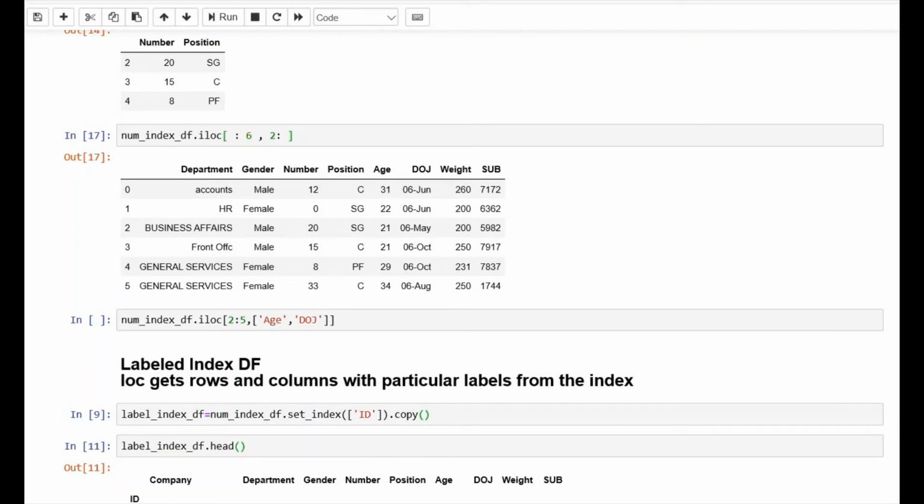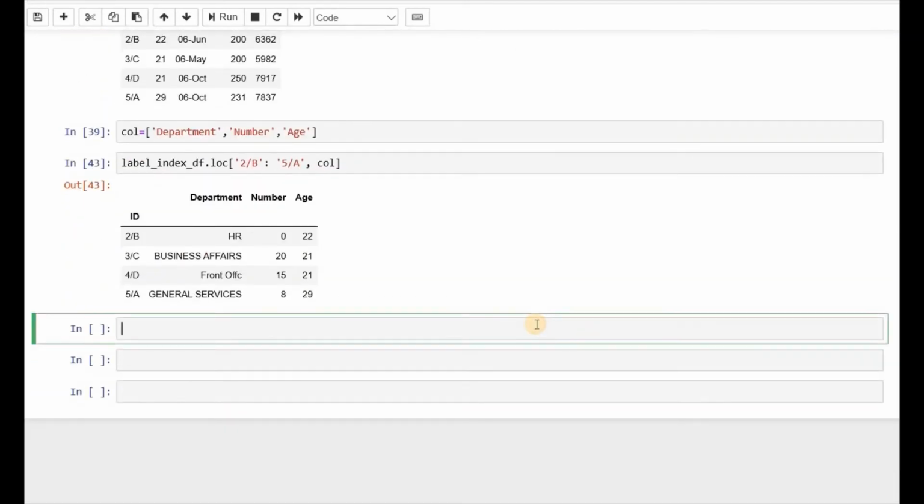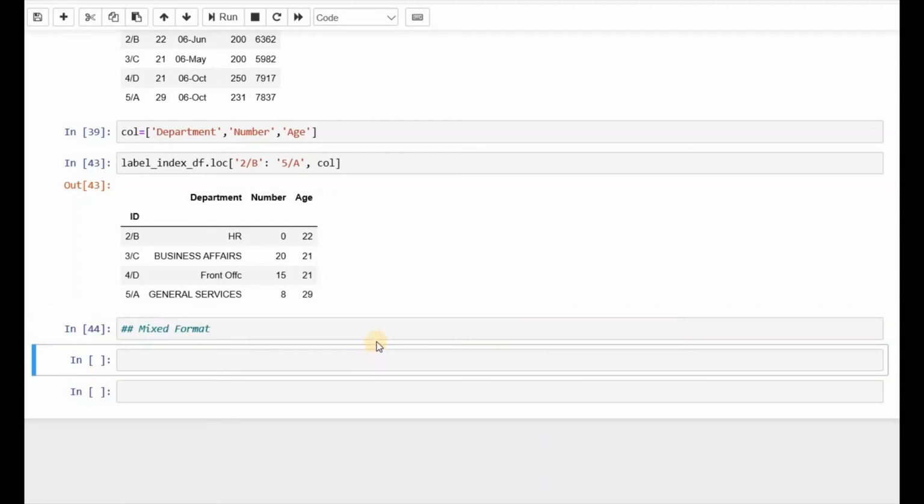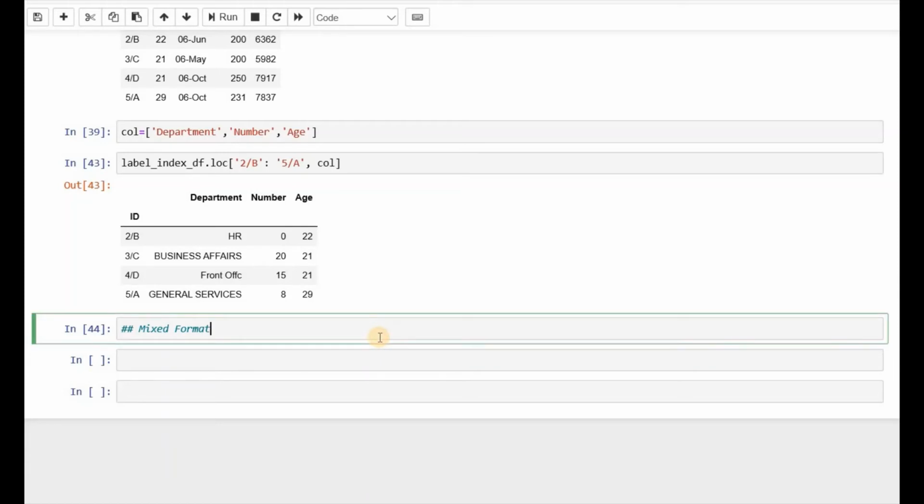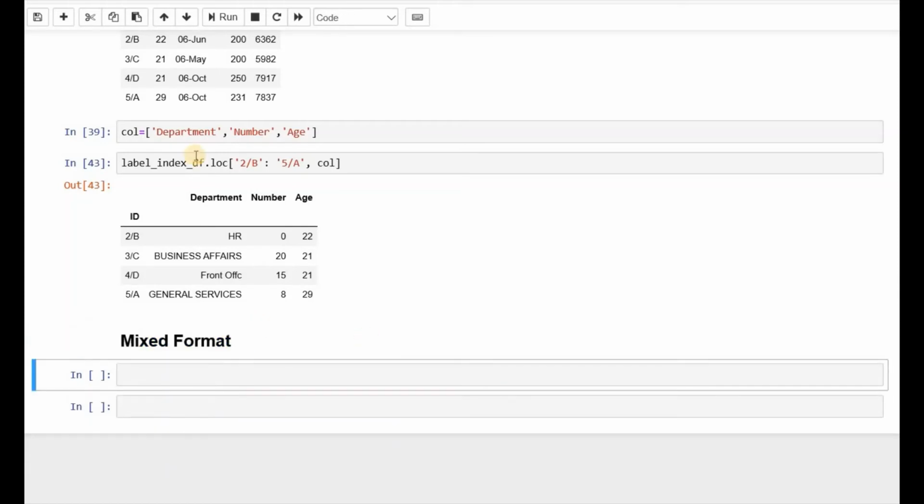By mixed format I mean that I would use the row as a numeric figure and the column as a text figure. This is what we would pass, and how we can extract that.